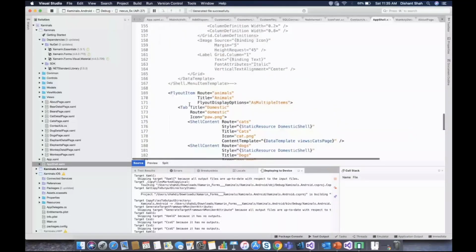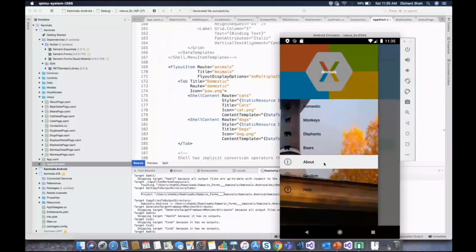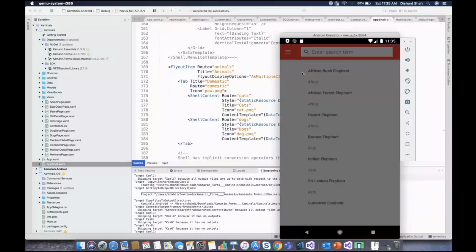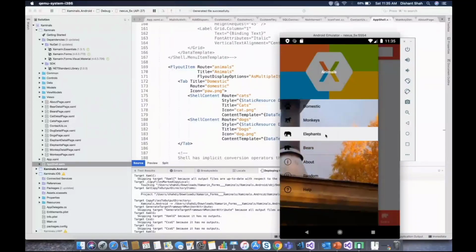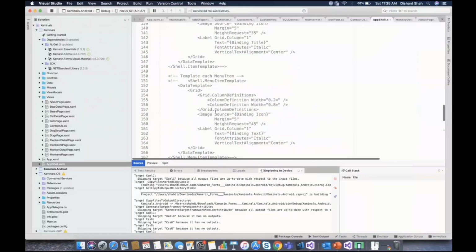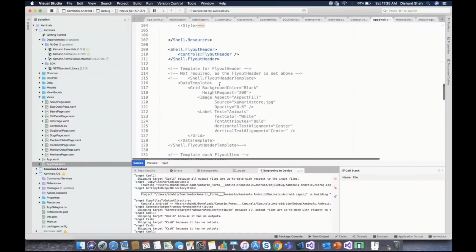So let's see the old school way, in case you want to change the styling. If I go to the application, right now you can see that this white background comes whenever I click any menu. This is the flyout item selected color. In case you want to change this color, previously there was this shell item template.